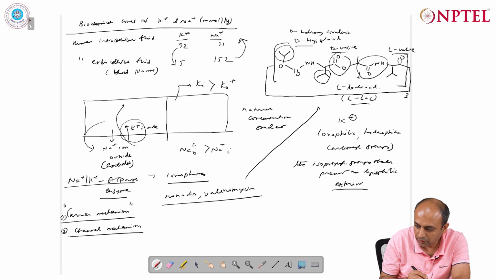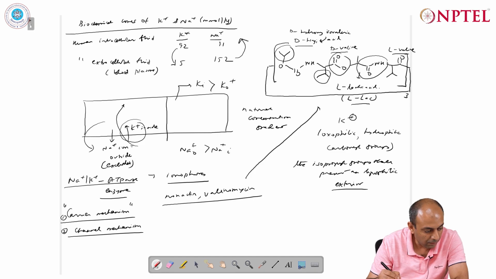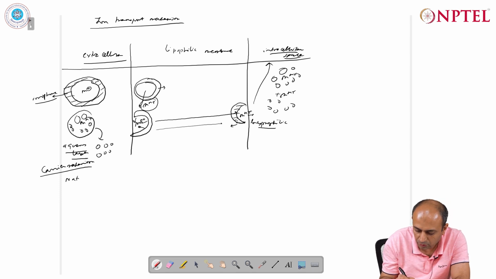Okay, we can show this to you. Here we can see that the potassium ions have to be taken from the outside to the inside, and the sodium ions have to be taken from the inside to the outside against the concentration gradient, and the overall reaction which takes place in the natural